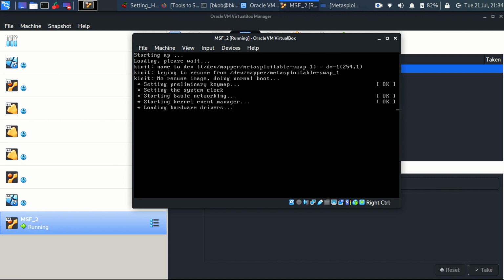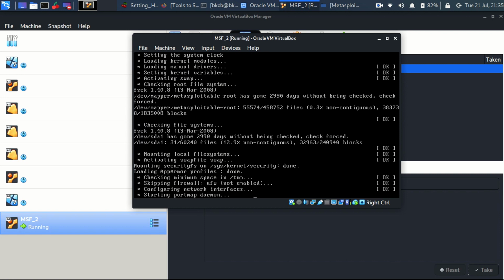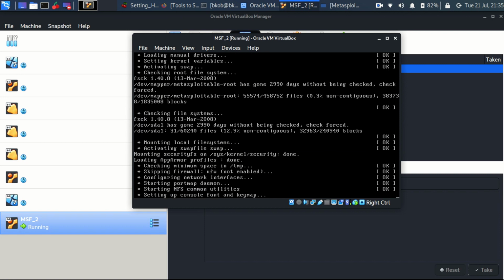You can see it's already loading hardware drivers, so I do not need to install guest additions. The dependency on drivers is most common for Windows. For Linux, most operating systems come with the default drivers. Obviously, if you're using some latest machines you could get driver issues, but that varies from operating system to operating system.